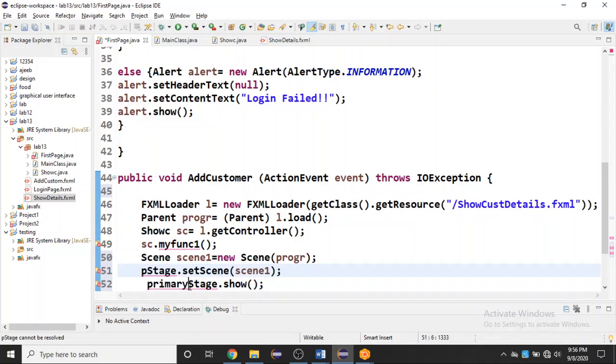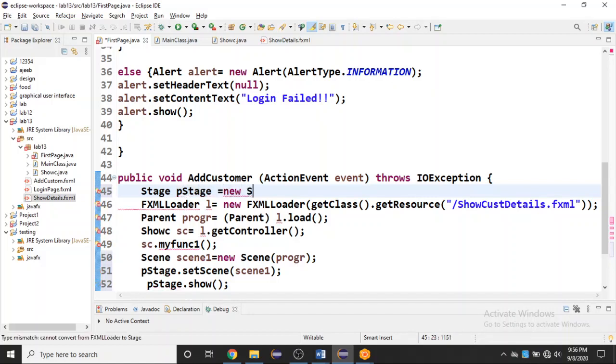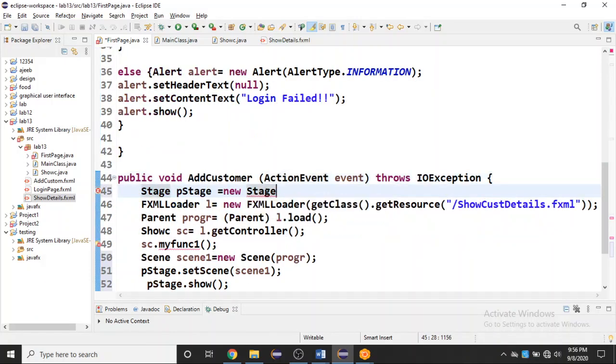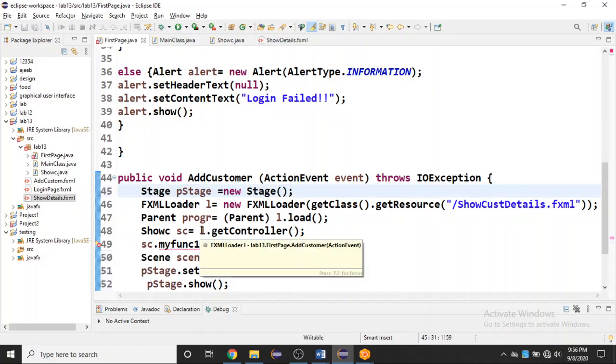It's not taking a stage, so I am creating here stage object. Now coming back to this myFunction,